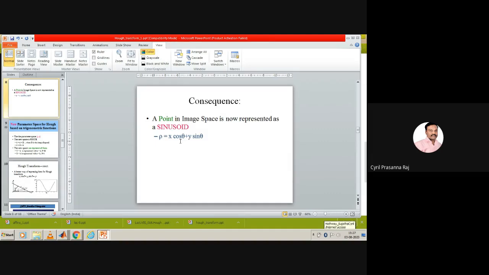So what do you understand from this? Because there is only one intercept point for all the 10 sinusoids, it implies there are 10 points available in a straight line. That is the meaning of this. Suppose you have around 30 sinusoids and all of them intercept at the same point. What do you mean by that? That implies there is one straight line and there are 30 points available in the straight line.